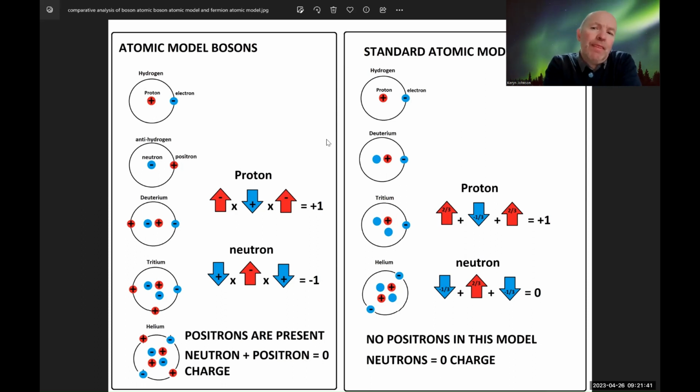Well, there's a couple of things. We know that neutrons are bigger by mass than protons. So I've been taking the bigger mass to relate to the mass of the positron that's present. So when you have a neutron plus a positron giving you an overall zero charge, then you can understand, oh, the standard model that we've had has been missing positrons because neutrons are bigger. And so I've been using that as a logical framework to go, okay, if we start from this new thinking,